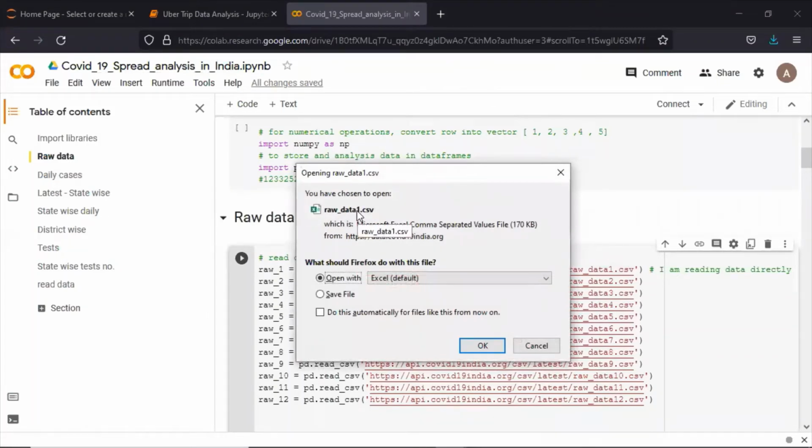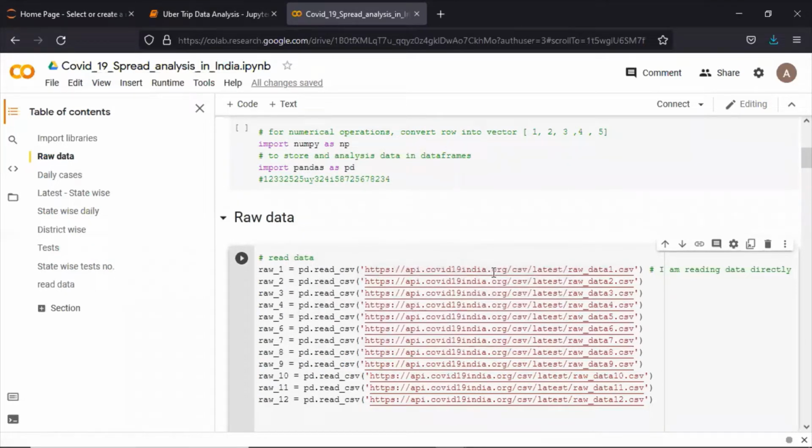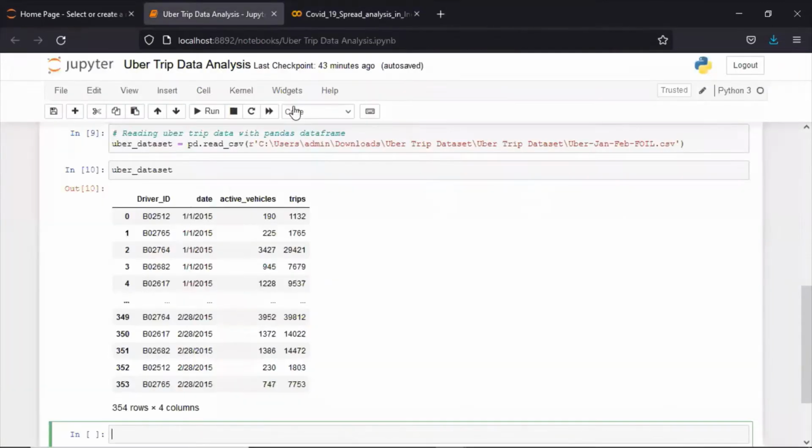So you can pass the dataset in the form of a link when you want to work with real-time data. The COVID-19 project that we have done was on real-time data that was updating continuously. But this Uber dataset is an open source dataset that we got after doing a lot of research and analysis, to find which dataset will give you a much better idea. You will also find this dataset in the LMS section, and you just have to add a path. So this is the difference.